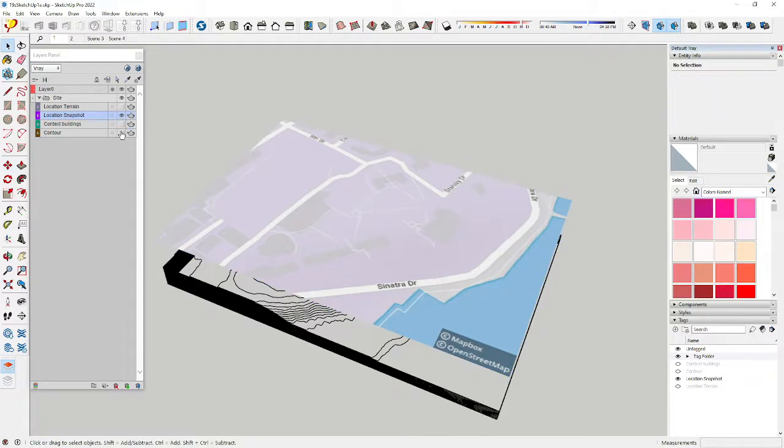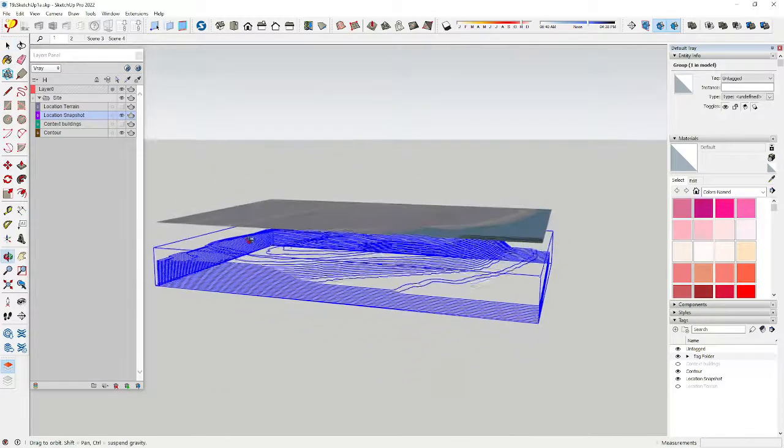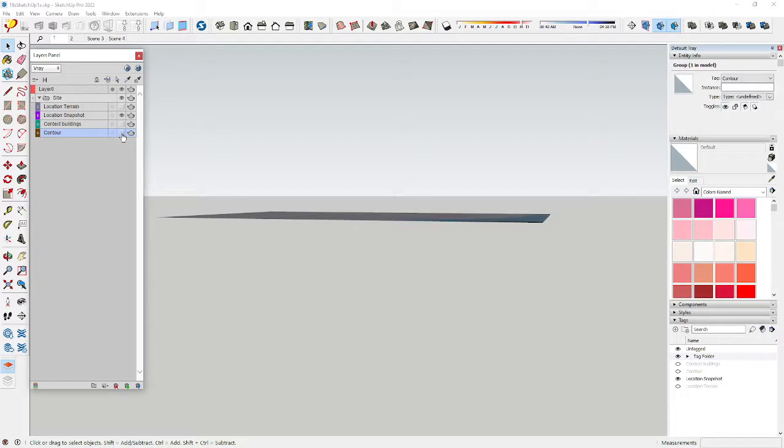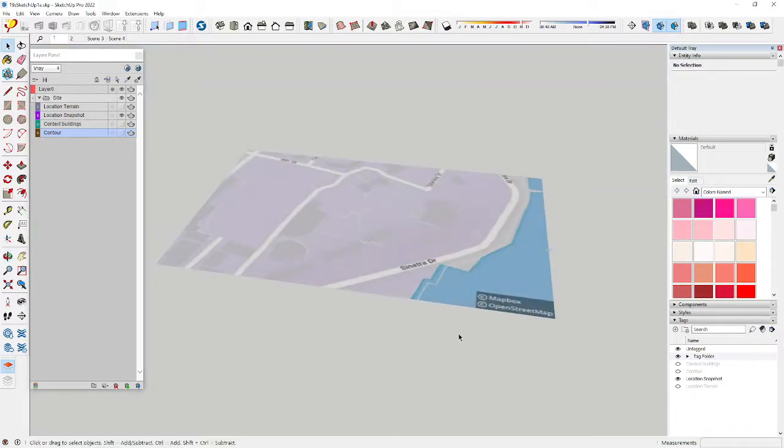I'm gonna turn off my... oh, you know what? I hadn't selected the contours, which is another reason why we saw it. So I selected my contour lines that are grouped. I select the contour layer, and then I go up to this icon, and I move it to that layer. That I'm sure was covered in the other video. I'm going to turn it off. So now I've got just my